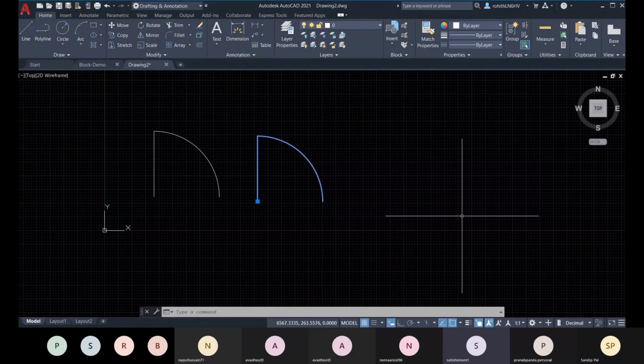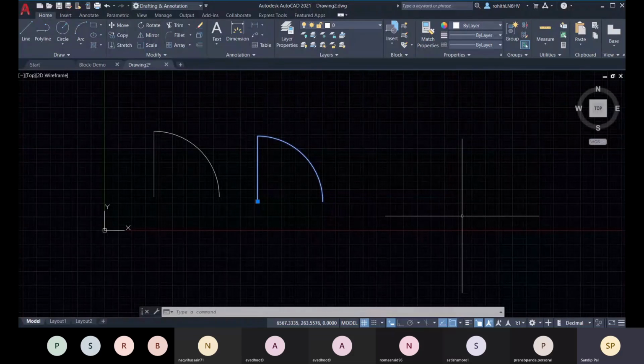Sir, as we are using in drawing, if we get 1:50 scale, the drawing will increase. Drawing will increase. How? The dimensions. So how will it increase? Sir, it's 1:1 ratio.